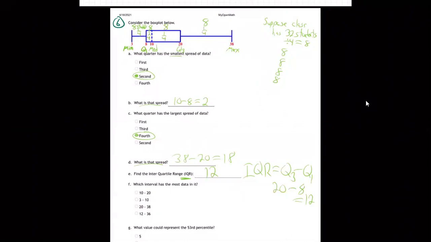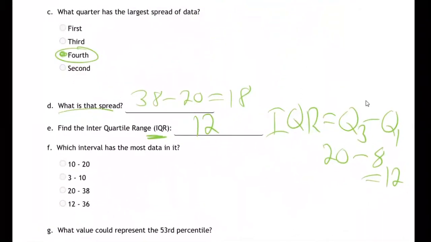Okay, now F and G are more tricky questions. So the easy questions are over. Here comes the tricky ones. Which interval has the most data in it? Which interval has the most data in it? Now, most data, you want to think